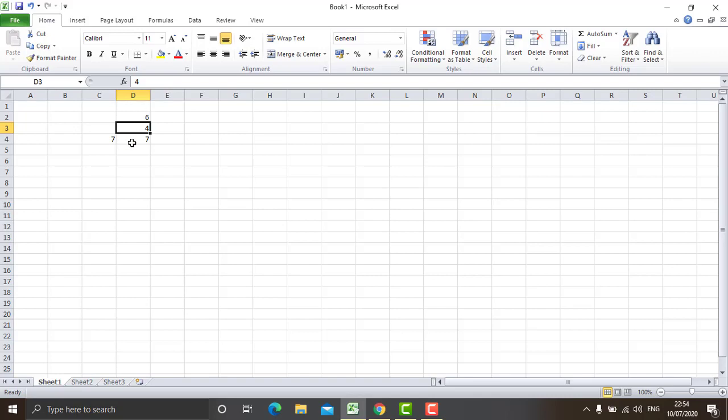So the name of the column and the name of the row together give the name to the cell. Say for example this 7, where is 7? Click on 7. It is there in D column and fourth row. So the address of this cell is D4. Click on this one. You see it is in C column, fourth row. So the address of this is C4. And quite a simple way is to see this place. You can see the name of the cell here. You click on any cell, the name comes here.